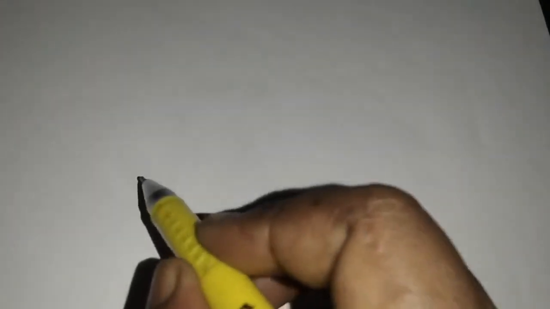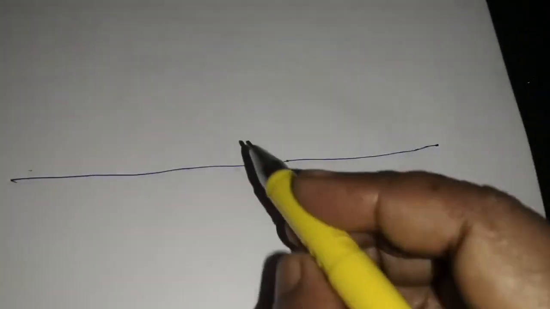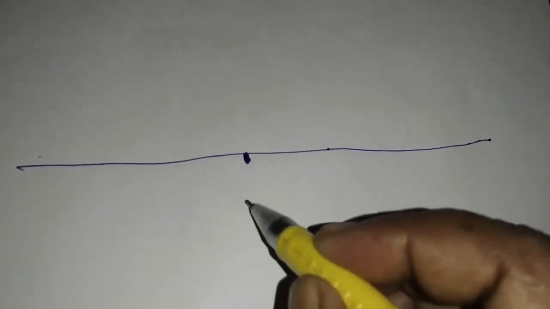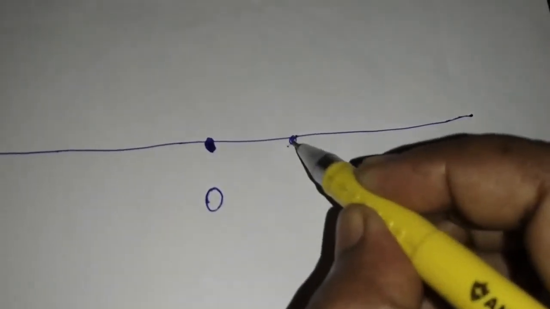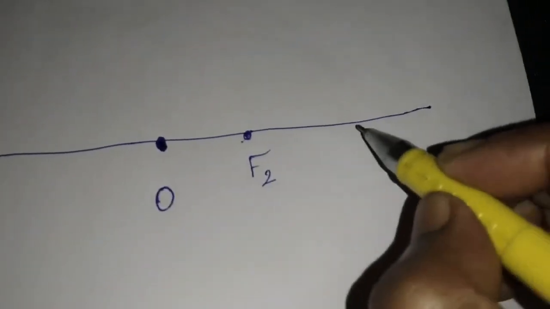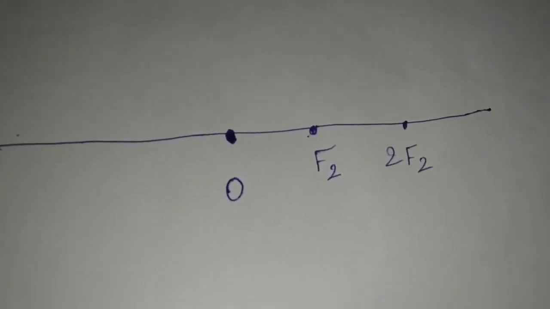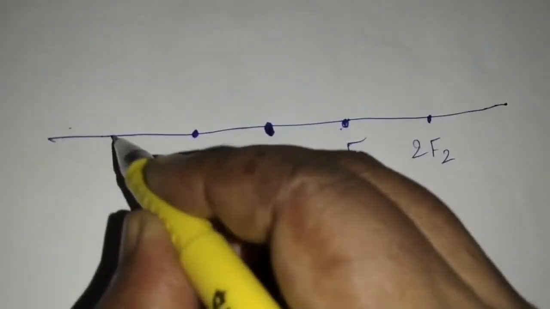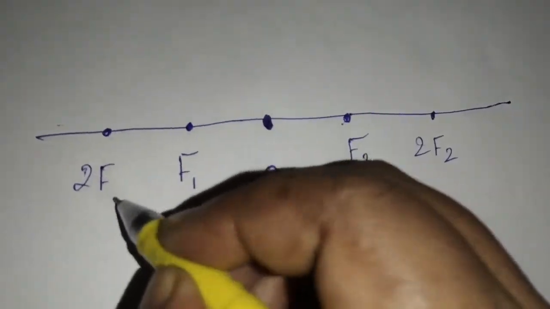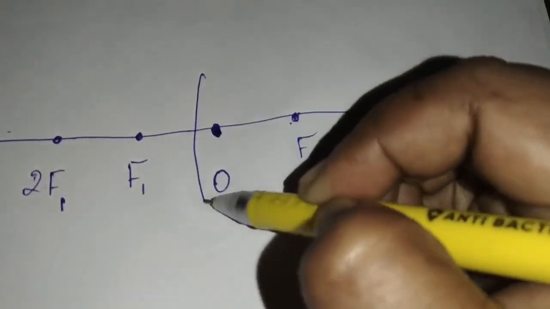So you have to draw the principal axis and mark the optic center O, and mark 2 points F2 and 2F2 to the right of the optic center, and then mark F1 and 2F1 to the left of the optic center, and then you have to draw the convex lens